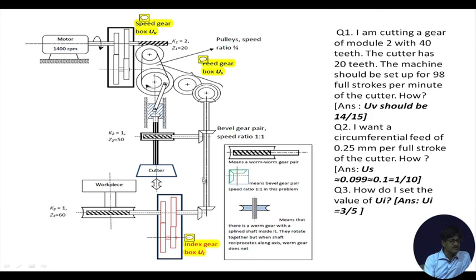This rotation is brought further down and we have the index gearbox. So, up till now we have come across the speed gearbox, the feed gearbox, and the index gearbox here. The index gearbox has its output given to yet another worm and worm gear pair, where the number of starts is equal to 1 and the number of teeth is equal to 60. That is good. So, where do we arrive? We arrive at the workpiece.